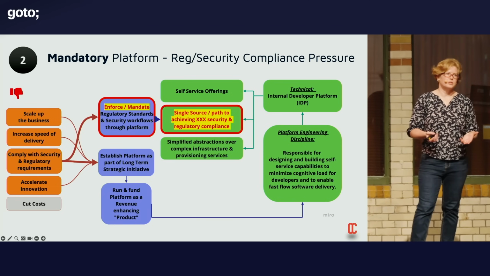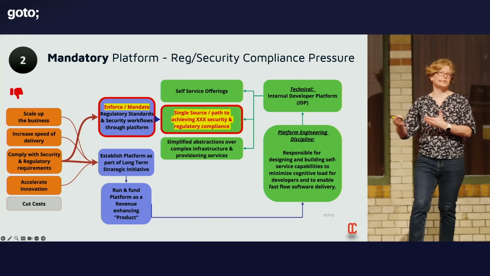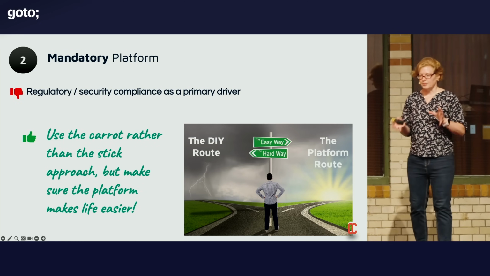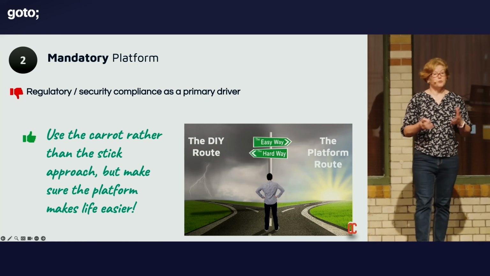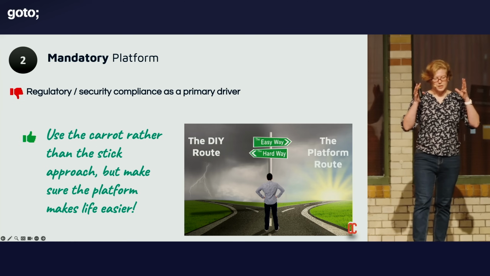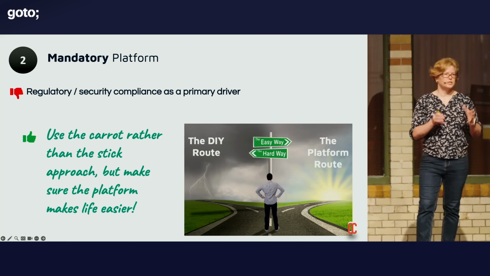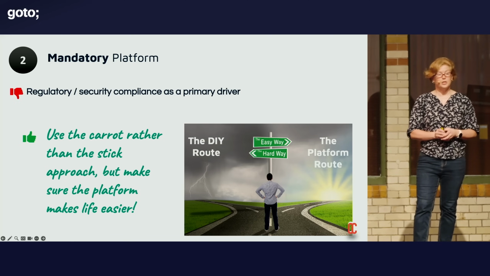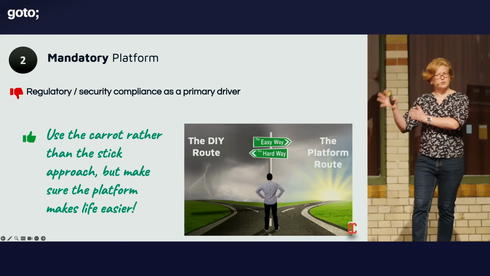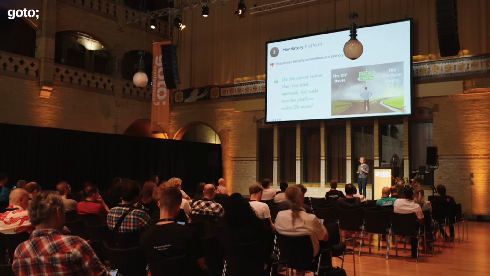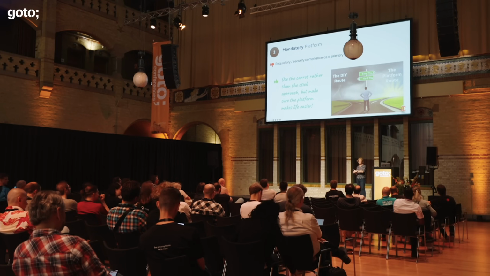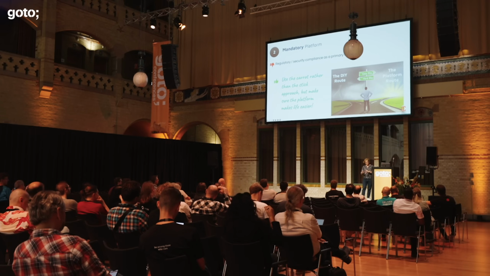So you'll ask, well, how do I do this? If I don't make it mandatory, how do I get people to comply with things? And I would say the answer to this is generally to give people a choice. So you make it quite clear to them, this is what's required from a security or regulatory compliance perspective in order for you to meet X criteria. And you have a choice. You can either do it yourself, or you can use the platform. Obviously, you need to build the platform and make it the ideal approach so that they will choose your platform rather than doing it themselves. What you really want to try and do is entice them, so that you use a carrot rather than a stick approach.